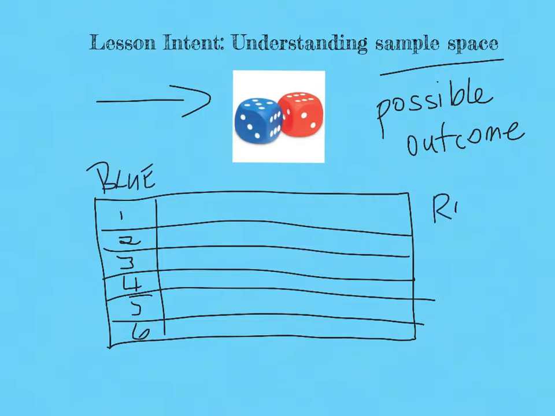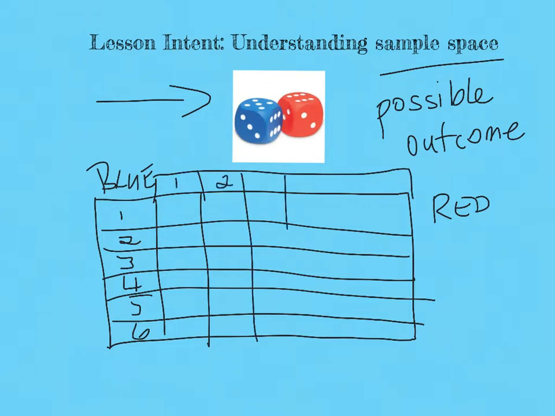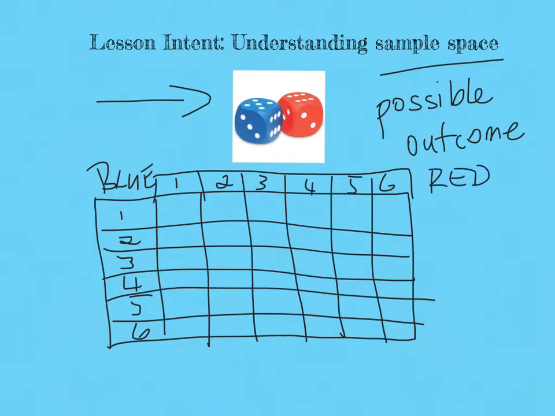And over here we'll have our red: 1, 2, 3, 4, 5, and 6. Actually, let me just rub that out and move it up a bit. So here, this is the red die. All of these numbers are to do with rolling the red die, and all of these numbers are the